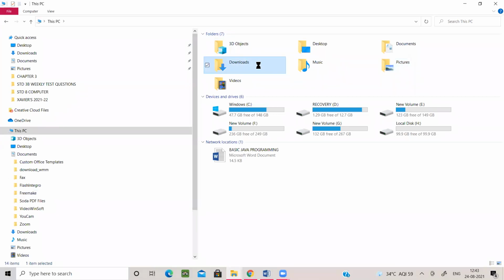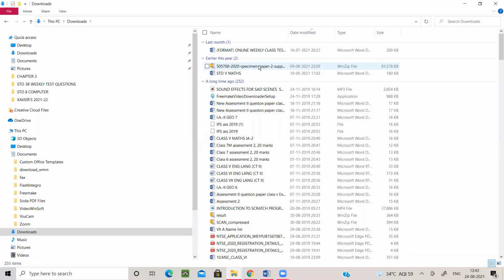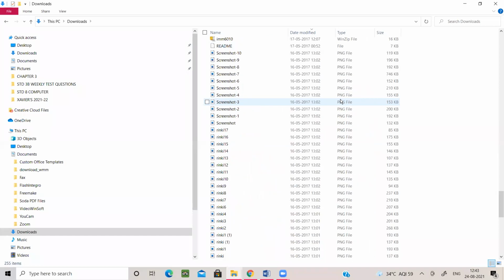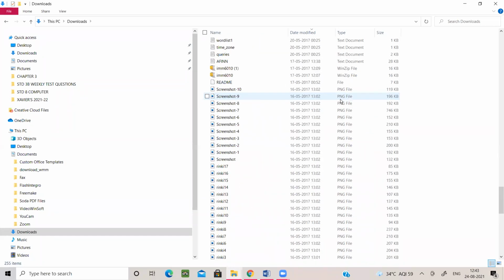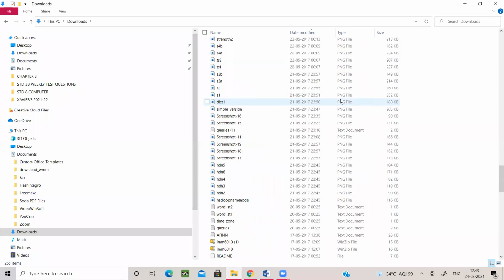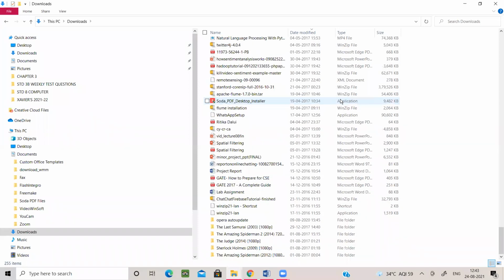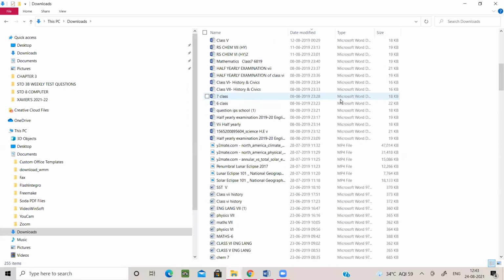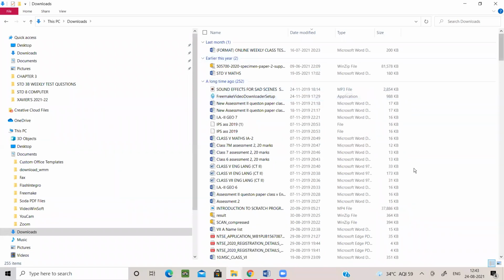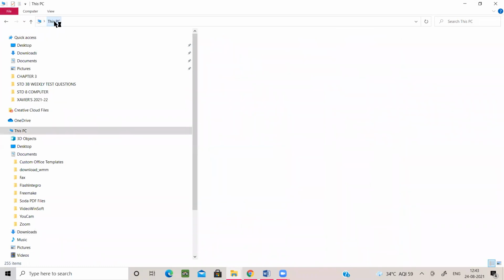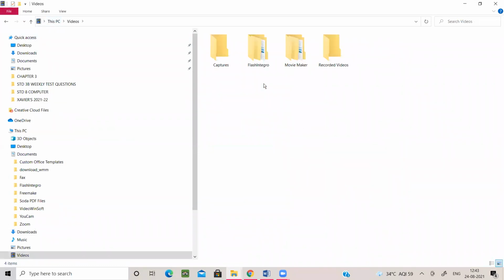Now by default, okay, I will tell everything. By default, if you have not set anything, it will be saved in the Downloads folder. My Downloads folder is looking very bad because for many days I have not done any filtering or any kind of cleanup. So this is looking very bad over here. So by default, any download comes over here. Also, the same thing is for the videos.